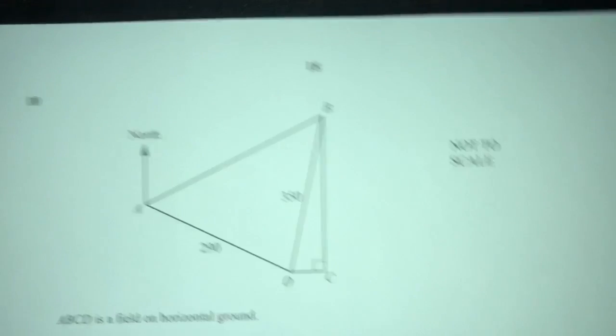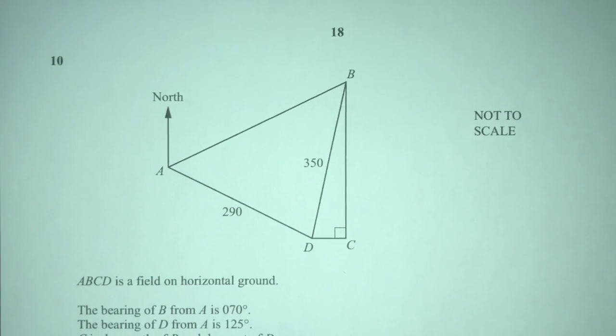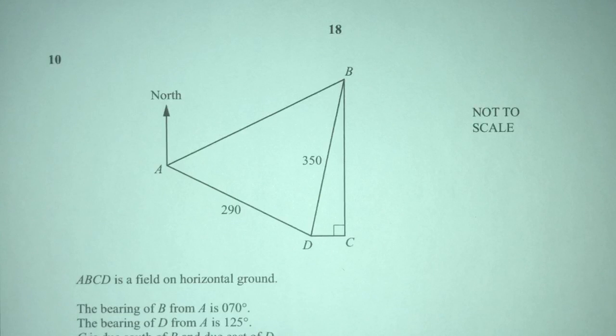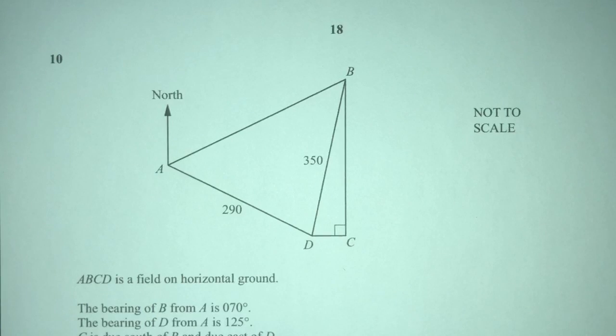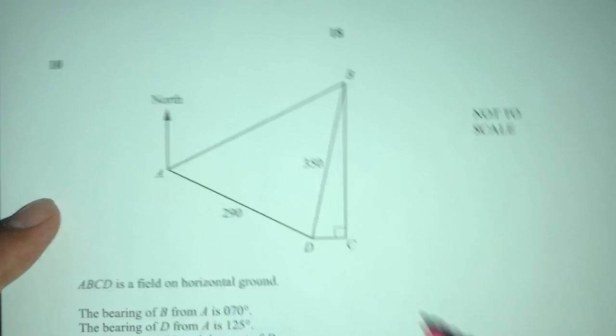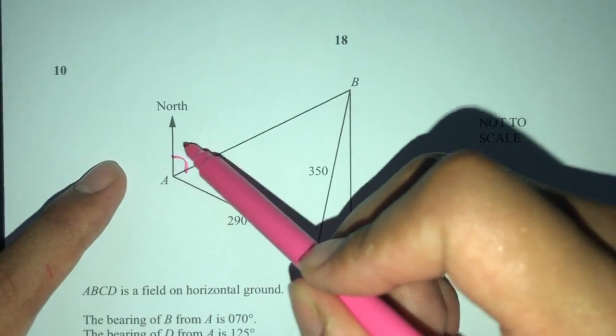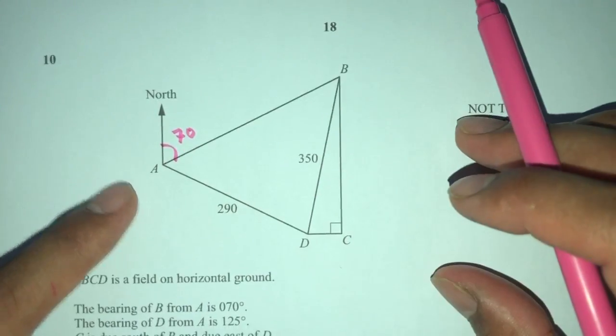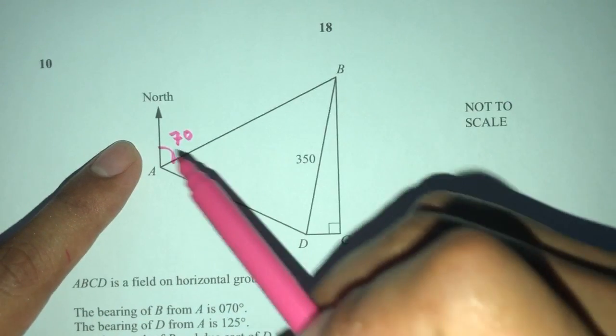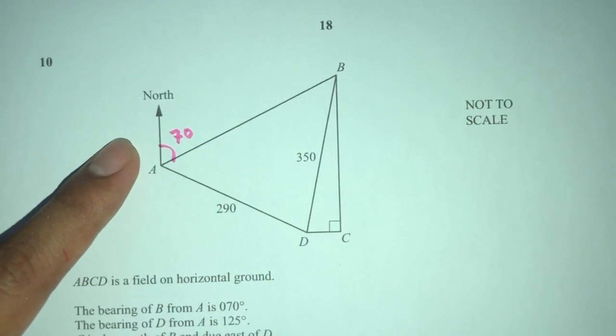Let me wipe this down. Let's move on to question number 10. So here we have a question, not to scale. We have A, B, C, D is a field on horizontal ground. It is flat on the ground. That's the point it's trying to make right here. And the bearing of B from A is 70, so this is 70 right here. And the bearing of D from A is 125, so this whole thing is 125, which means